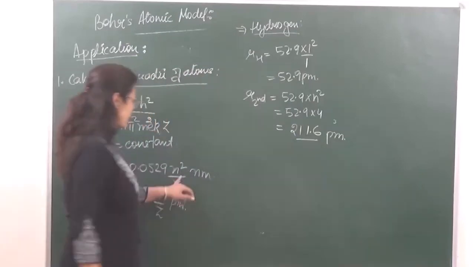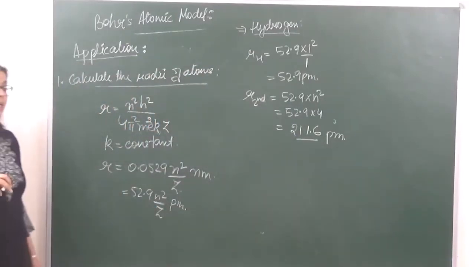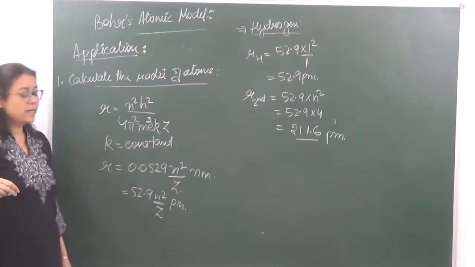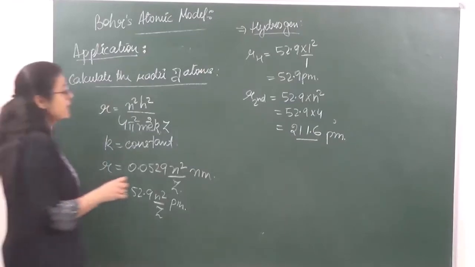If you have to calculate in nanometers, that is 0.0529. If you have to calculate in Angstrom, then it is 0.529. Okay? So this was the first application. Then the second application,